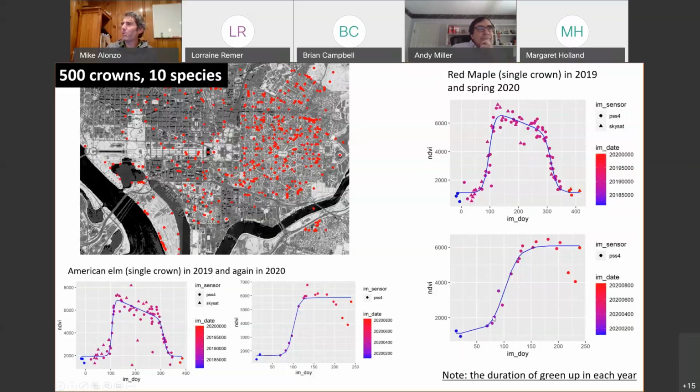I think something interesting to note that may merit further study is the difference in the slope between the 2019 and 2020 green up. I didn't notice this initially, but then I read an article from the US Phenology Network, I think, pointing out that in 2020, it started out really warm. So February and particularly March was quite warm. And so the early start of season, which may be depicted by this inflection point here, this change in curvature,